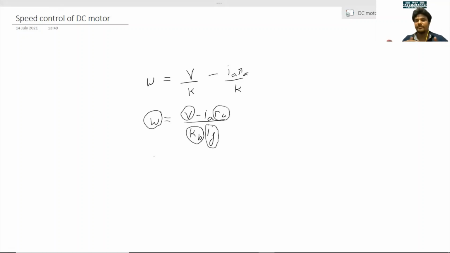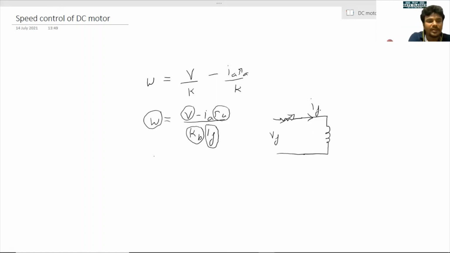How? Just vary the current in the field winding. Just slightly change the current in the field winding. It is very easy. You can just connect a rheostat or a variable resistance in series with the winding like this. If there is a field winding, just connect a resistance in series with that, and it will be variable. So you can vary the field current, and just by varying the field current, you can control the speed of the DC machine.